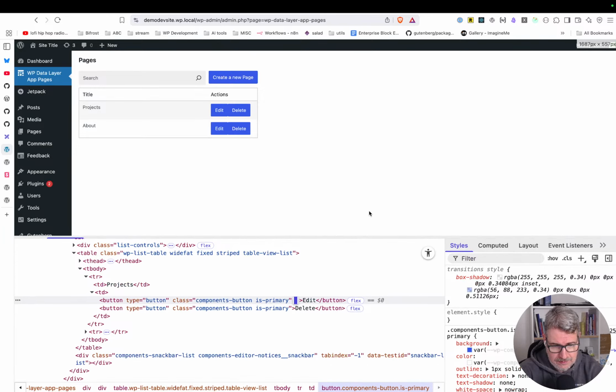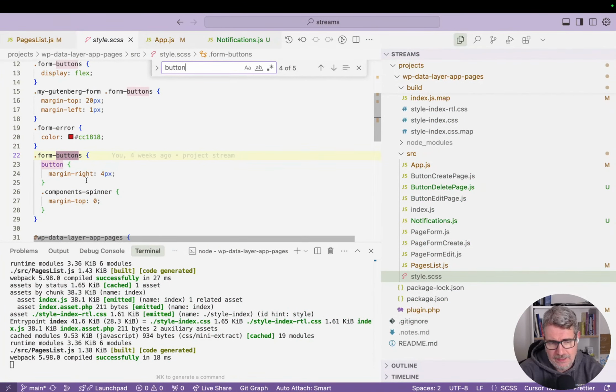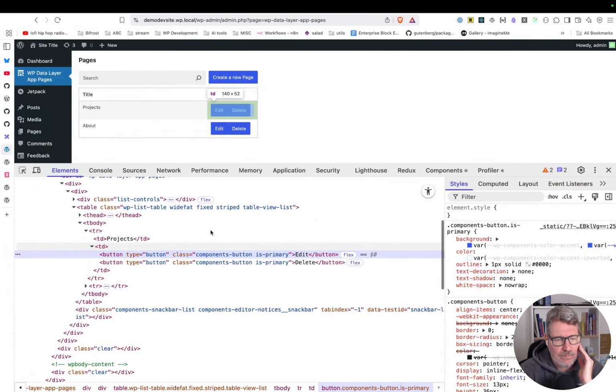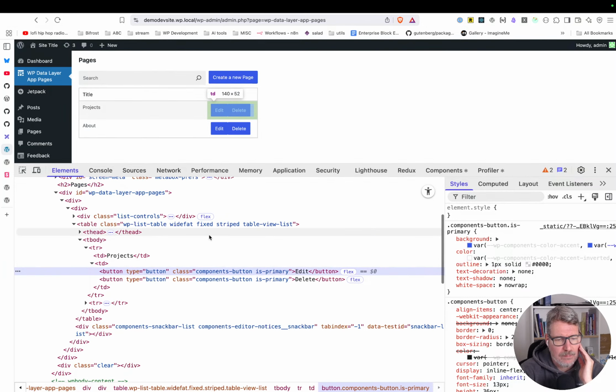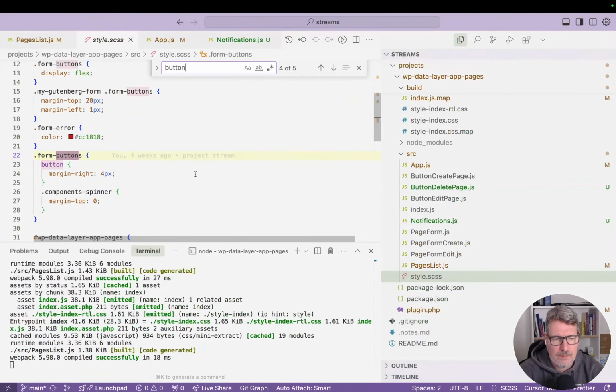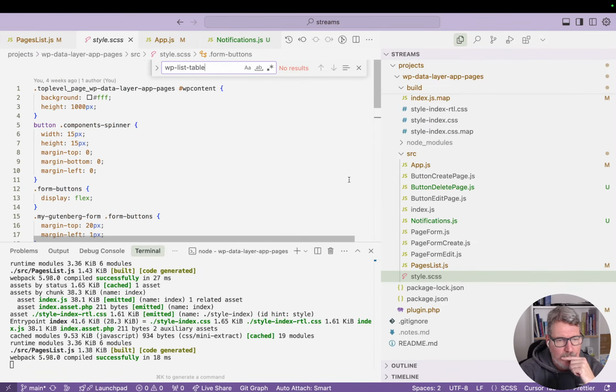This class is not being applied. Margin right. Form buttons. Okay, this is inside the and this table. And this table, we don't have anything here. Okay, so